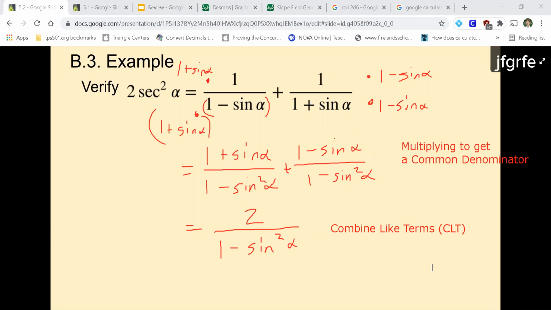Okay, I think I have done as much algebra as I can. We're now running into identities. I need to get everything in terms of sine and cosine. Wait, it already is in terms of sine and cosine. So now I look. Do I have a trig function squared? Yes, I do. So that means I'm going to use a